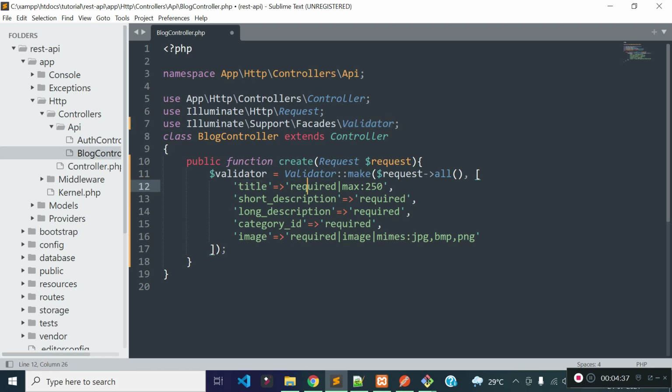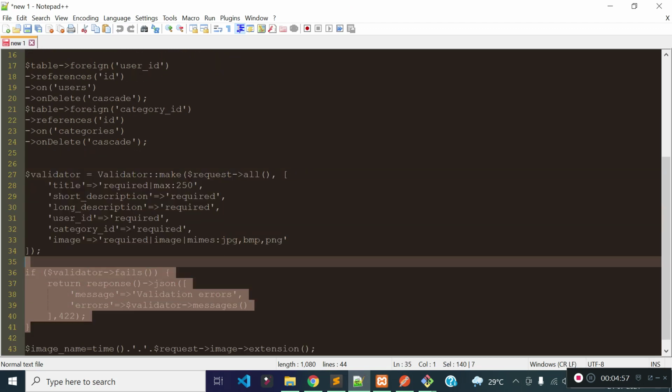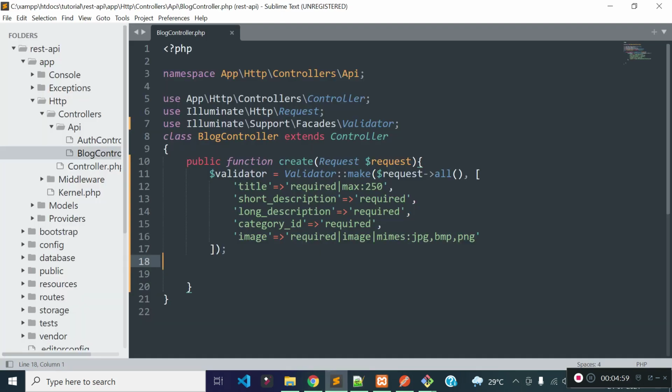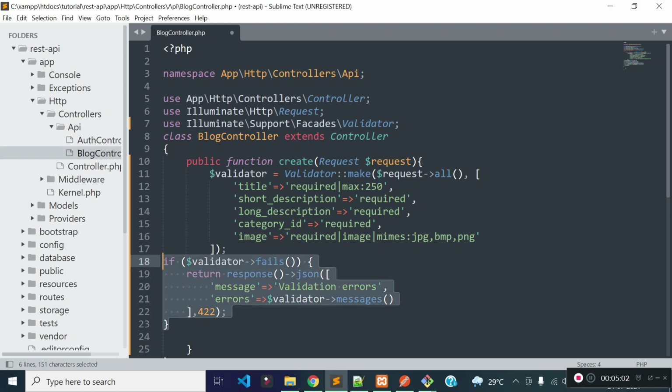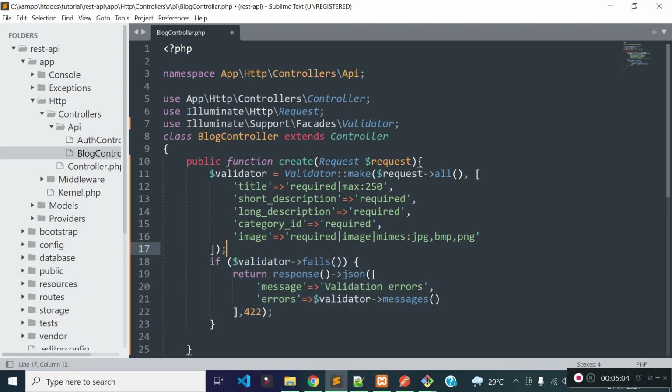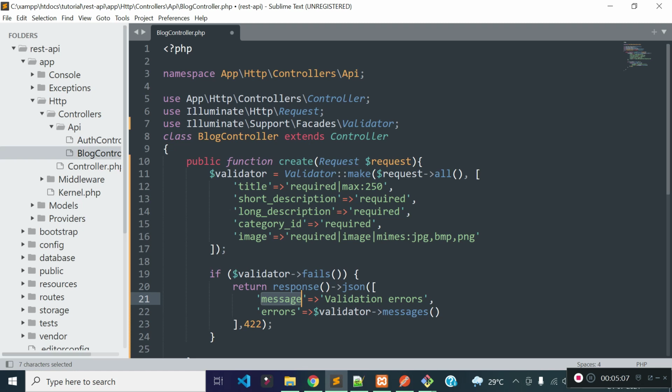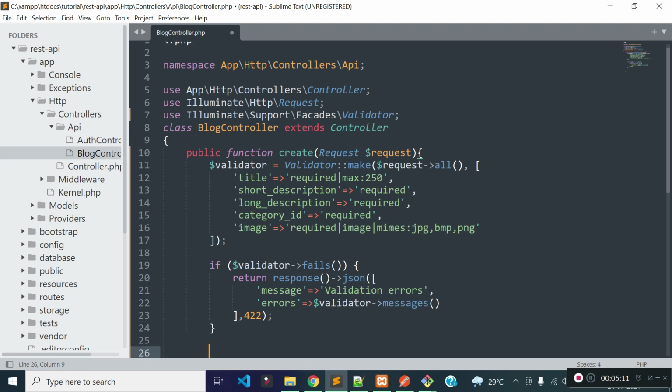So our title field should be required and should be a max of 250 characters, and the short description, long description and category fields should be required, and our image field should be required and should be a valid image, and the MIME types of the image should be JPG, BMP or PNG format. Now I'll check if validation fails. If validation fails, then I'll return a JSON response with status code 422 and the message validation errors, and I'll also return the validation error messages to this errors key. And if validation passes, then